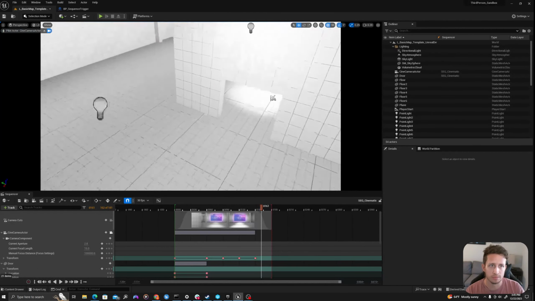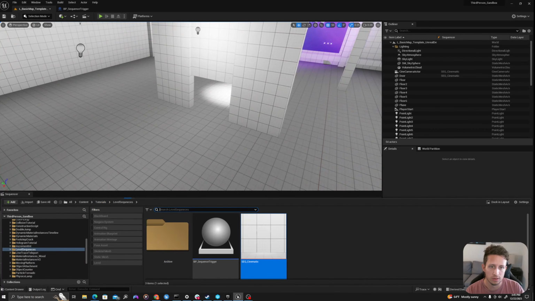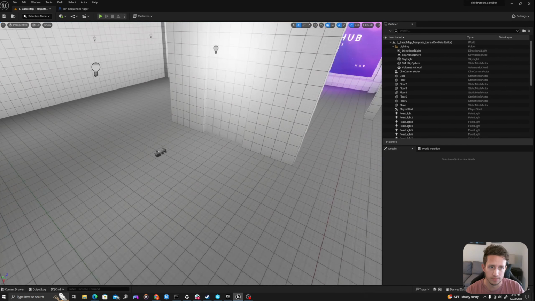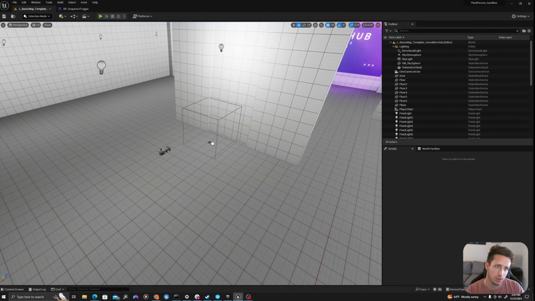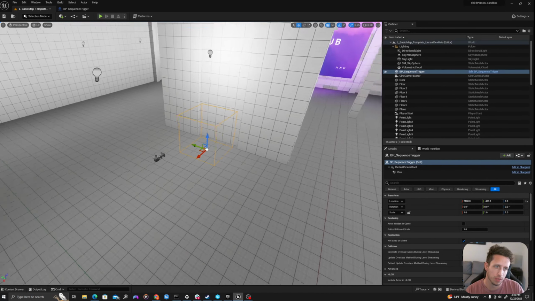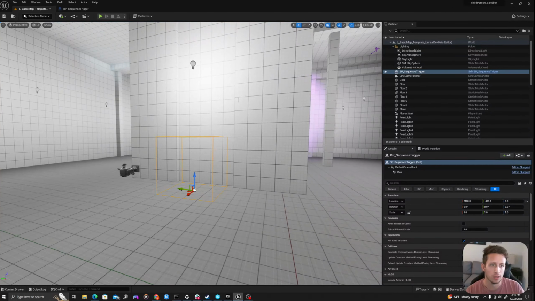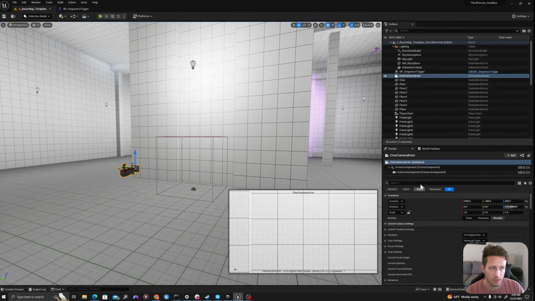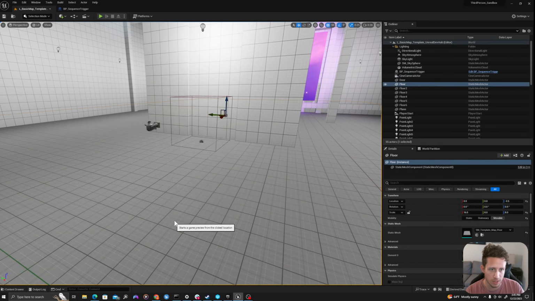So I'll go to my map, and I will exit out my level sequencer. I'm going to drag my sequence trigger right here, just going to place it right in front of my door, and I will test my map. First, I know that my camera exposure sequence and my player are different than here. So notice that when it goes bright, but we'll change that in a second.